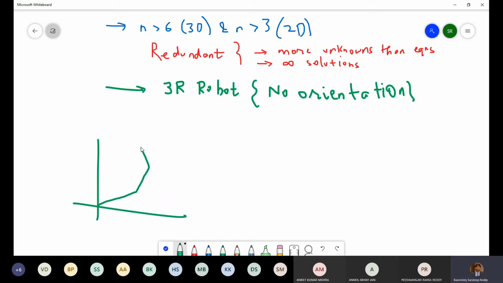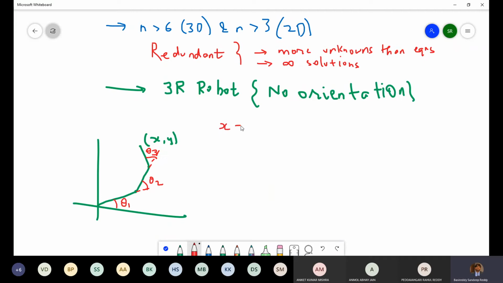This is first link, second link and third link, right? What we have is this x comma y, and from this information alone, we want theta 1, theta 2 and theta 3. So instead of having 3 equations, we now have only 2 equations.